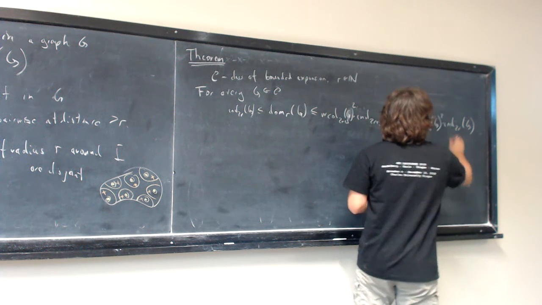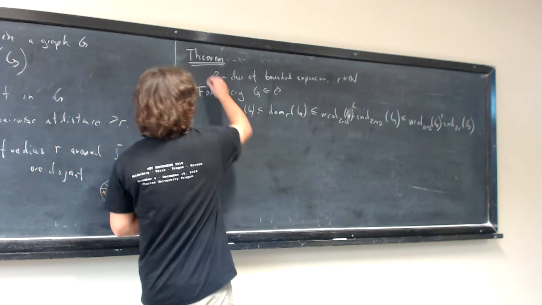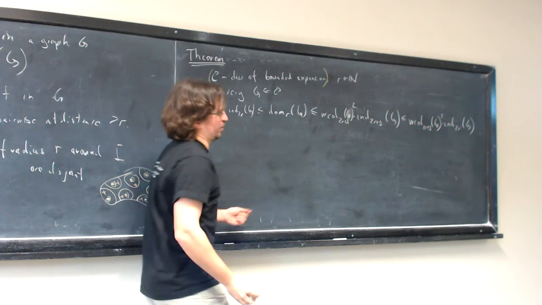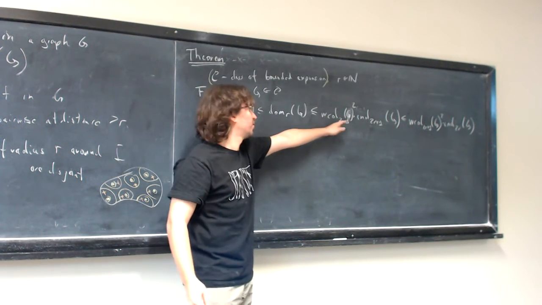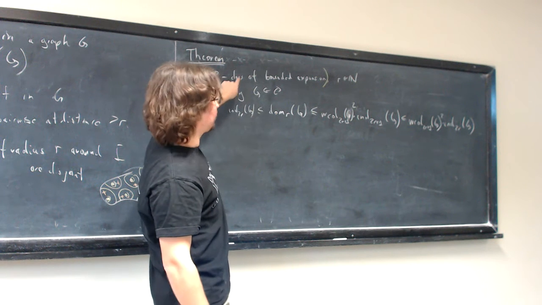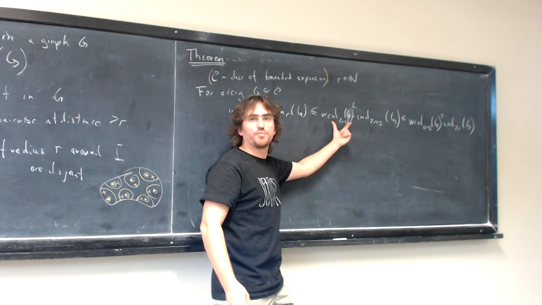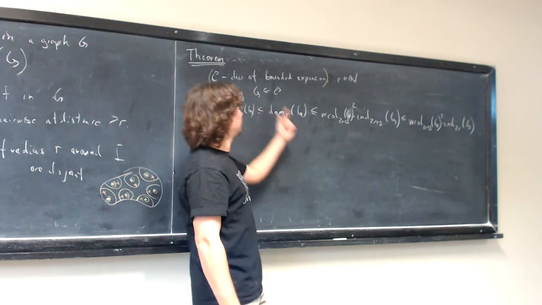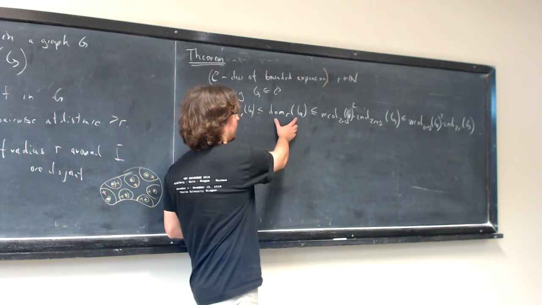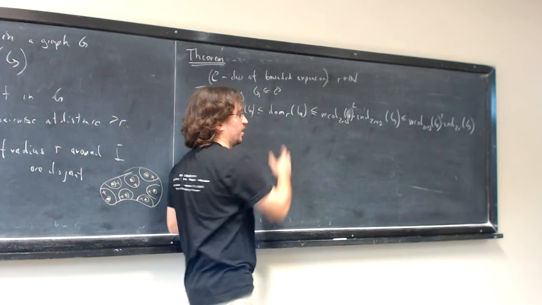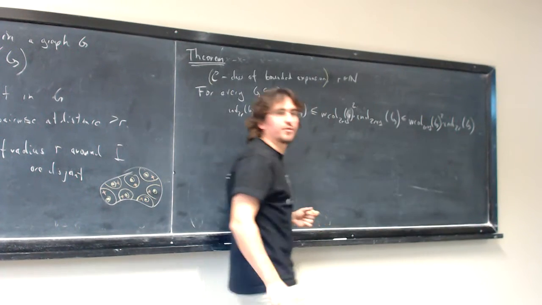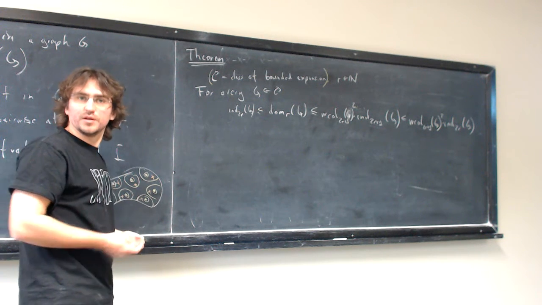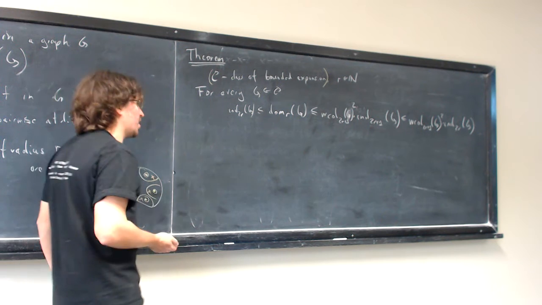This number. Yeah, so actually in this statement, I did not even need to specify this class, because this is an inequality that just involves one graph. But observe that if C is a class of bounded expansion, these numbers will always be bounded by a universal constant, right? So the idea of this theorem is that on a class of bounded expansion, there is a linear gap between the domination number for distance R and the independence number for distance 2R, right? Good, so this is the theorem that is stated here combinatorially, but what we will actually prove,